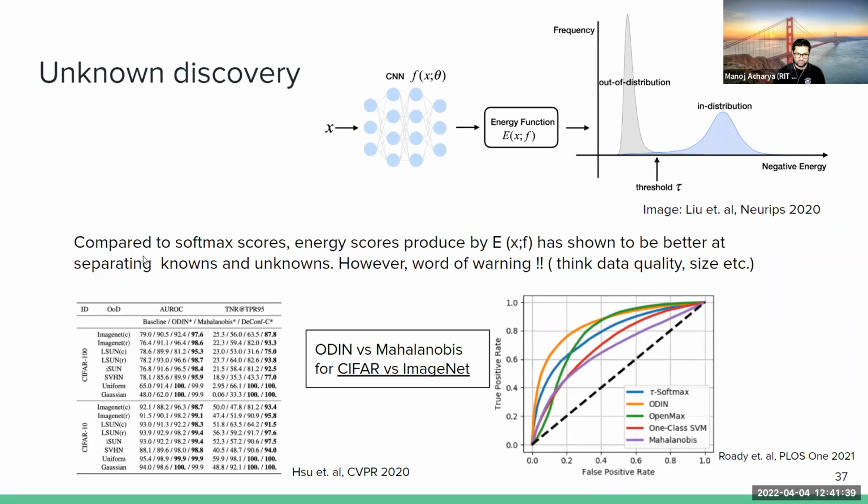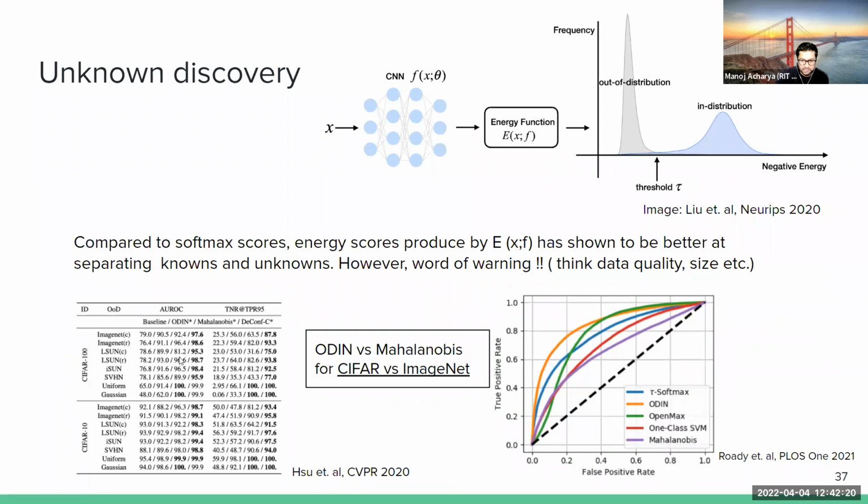It has also been shown to be very effective compared to softmax scores. If you want to read more about this, this is a paper by Liu et al., published in NeurIPS 2020. However, a word of warning before using this method, one needs to think about data quality and size, etc. So this was one paper that came out in CVPR 2020 where they are just evaluating on CIFAR datasets, right? In this, it's clear that Mahalanobis-based method is winning over the ODIN-based method. Both of these are out of distribution detection methods, and Mahalanobis-based is clearly winning over ODIN on many of these